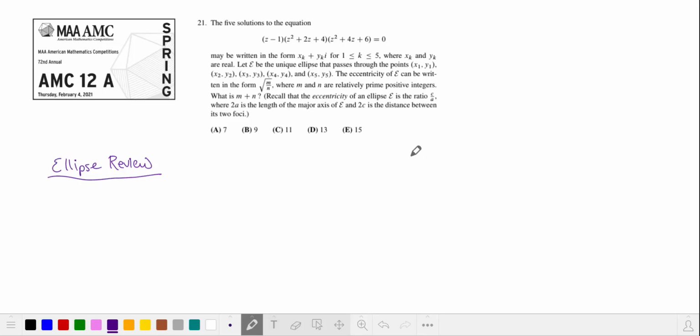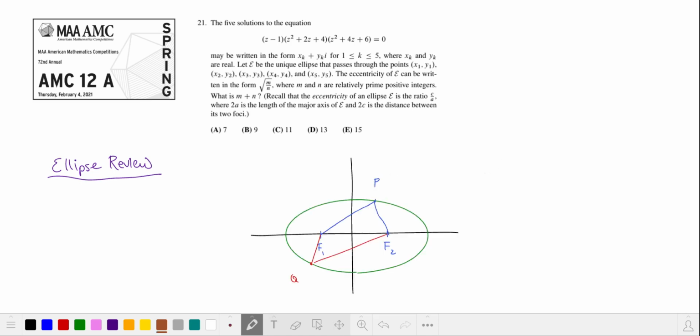We're going to begin with a short review of ellipses and then solve the problem. To skip directly to the solution, look for the bookmark in the video description. If you're like me, you often forget the relationship between the major and minor axes and the distance to the